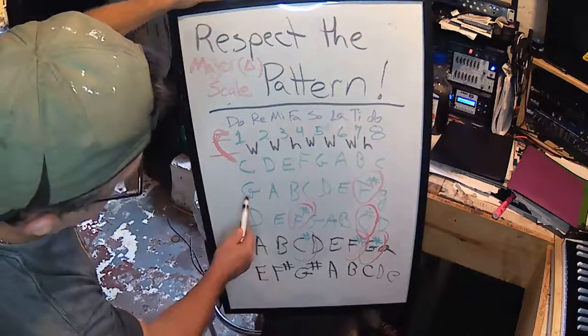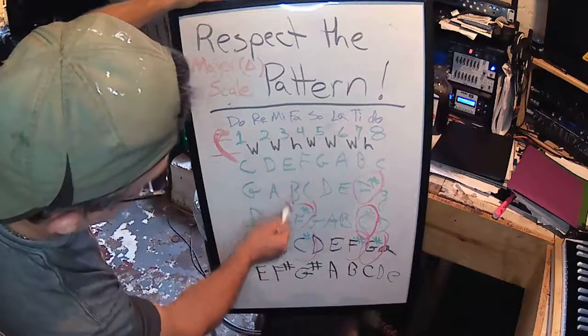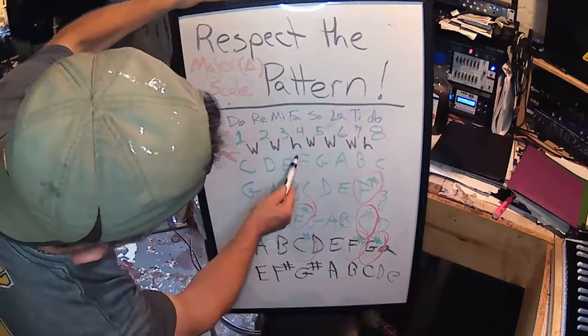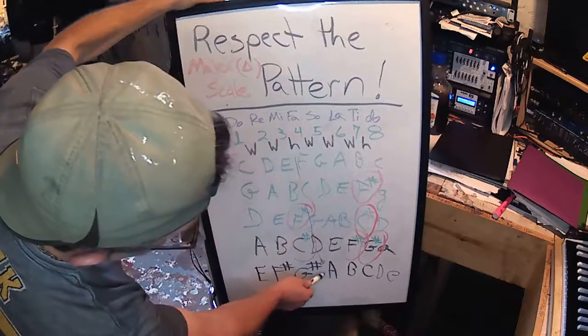Okay, so E to F sharp, whole step. F sharp, G sharp, whole step. G sharp to A, that's our half step. That's what we wanted right there. Okay,